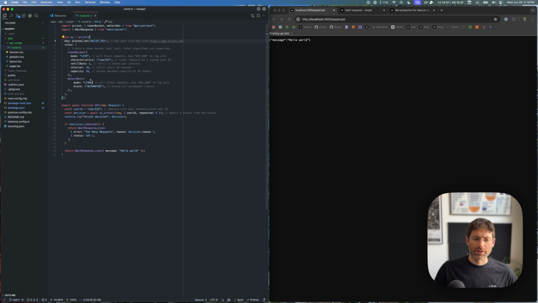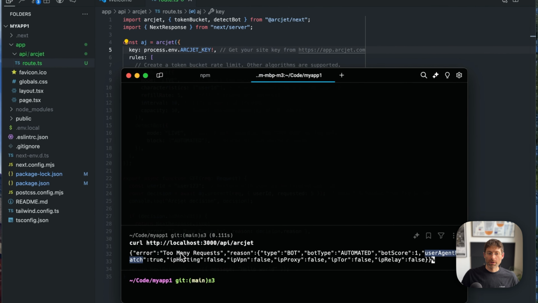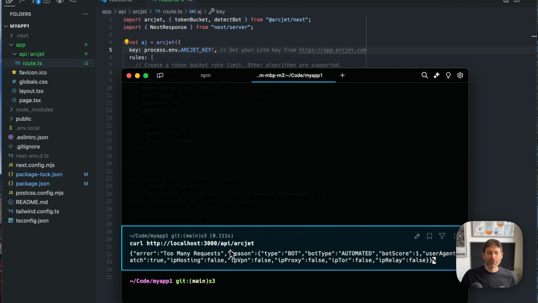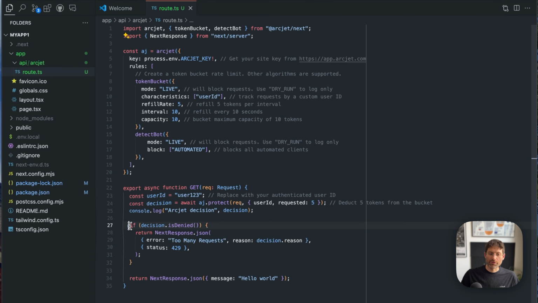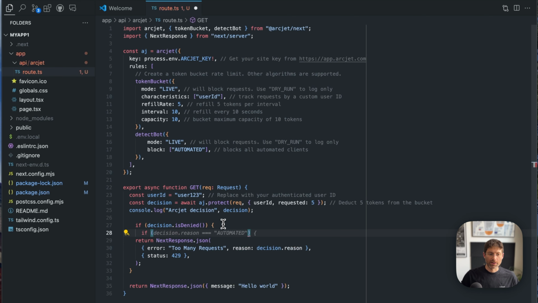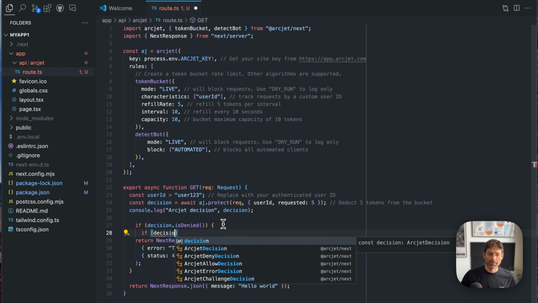Now you'll also have noticed that the response here was too many requests. That's correct if we'd hit the rate limit, but it's not really what we want if this is a bot response. And it's because we copied over the quick start, and all we're doing is returning this static hard-coded response depending on whether the request is denied or not. Now, one of the great things about Arcjet is you get access to all of the signals that we have to make up the decision back into the code, so you can change the logic of your application depending on the response. So here, for instance, we can use the decision reason